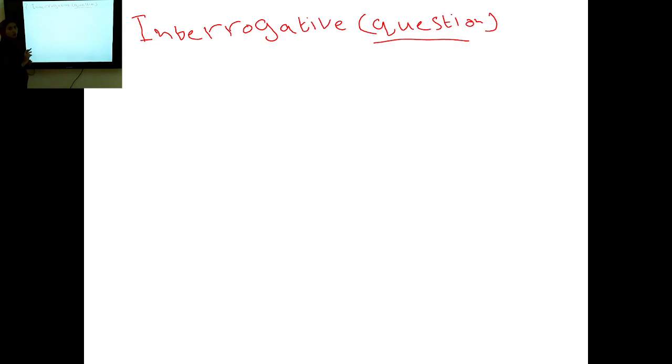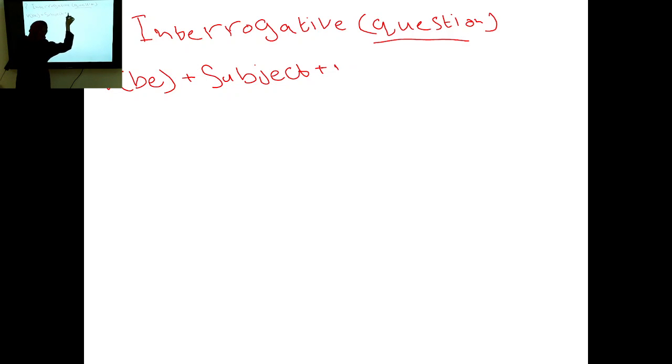So, now, we said before that we add the subject at the beginning of the sentence. Now, in the interrogative form, we flip between the subject and verb to be. So, we add verb to be at the beginning plus the subject. What is the subject? Yes. Okay, thank you. After that, we add verb ing, and always don't forget the question mark. Okay. For example,